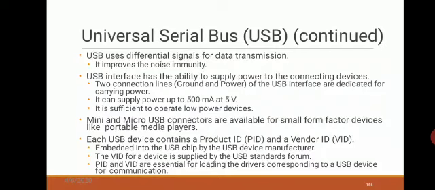So any device you want to connect to your PC or the desktop, all of them have the USB chip given with a VID, and the manufacturer also will give you the product ID. So these two are important for loading the drivers on the desktop or the PC. So only when you put the driver or download the driver for the USB in your laptop or the PC, then only can we connect the particular device to the computer.